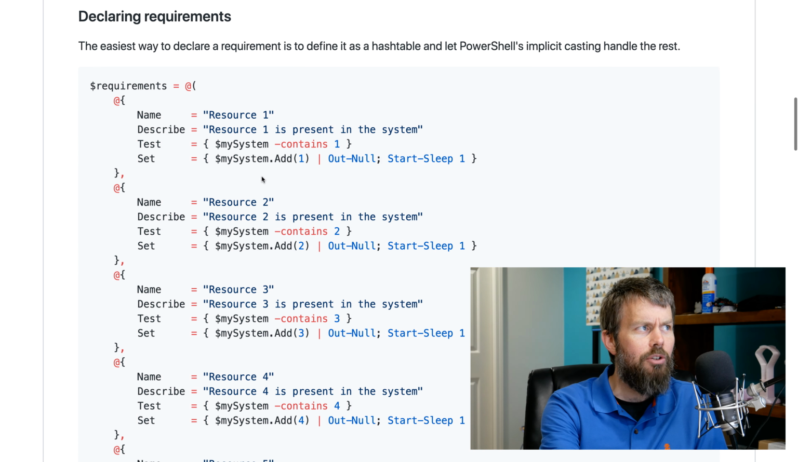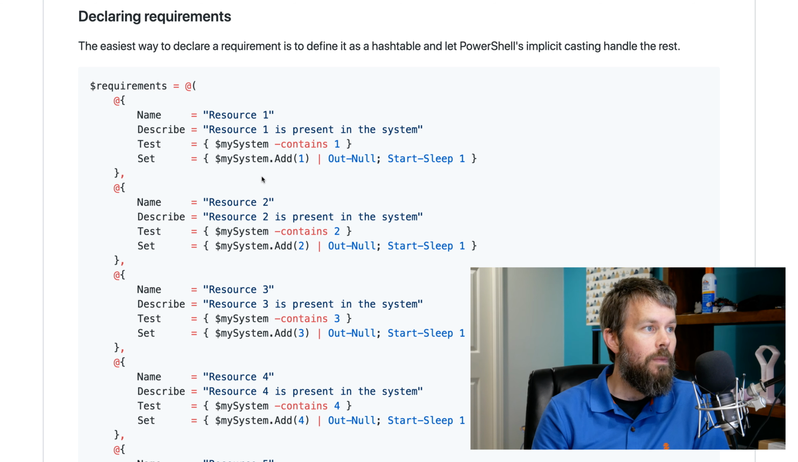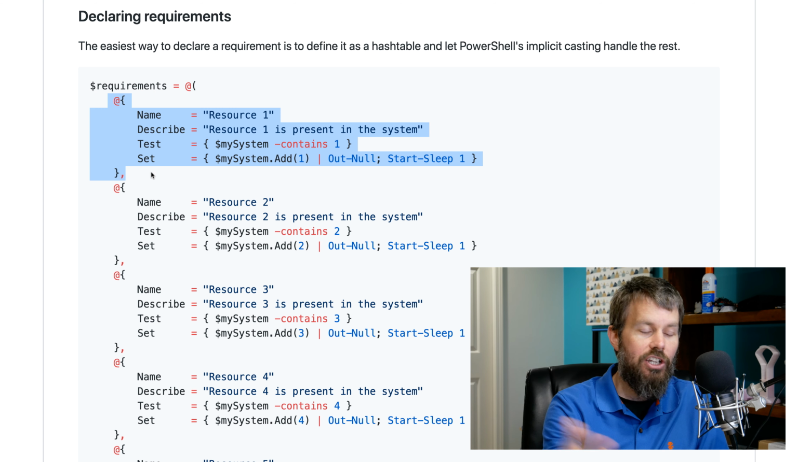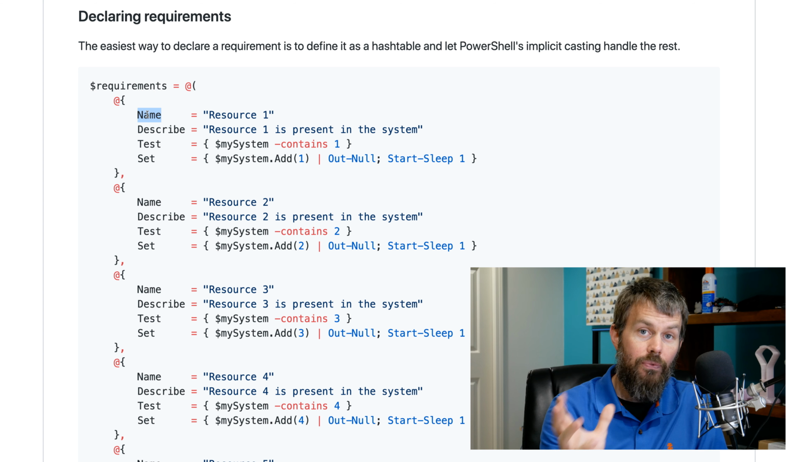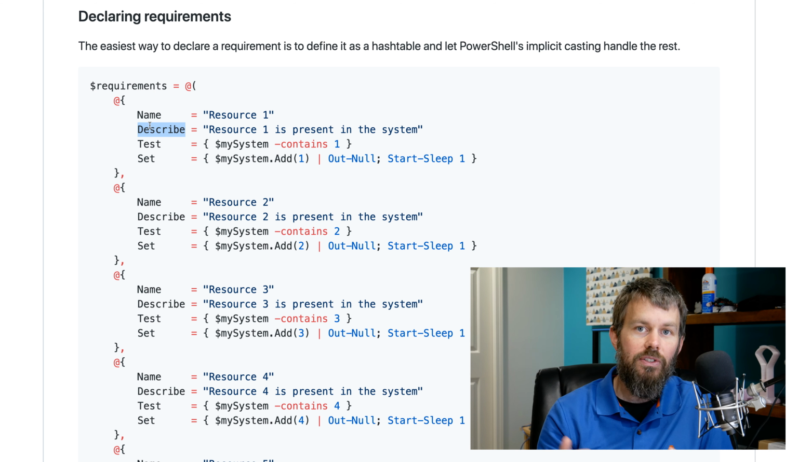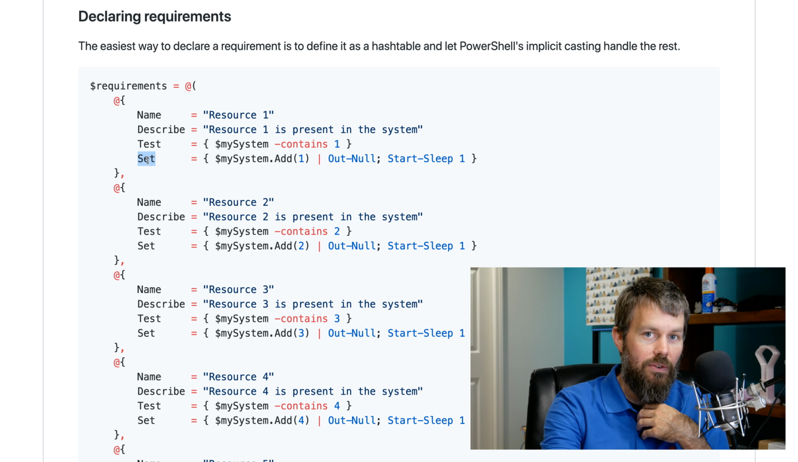Now, if we scroll down here a little bit and look at the documentation in the GitHub README, you'll see that the structure for this module is very, very straightforward. So basically, we create an array of hash tables or dictionaries, key value pairs, and they have a name, which is just some unique identifier for that particular configuration item. There's a describe step, which is kind of like a friendly description field. And then the two key parts of functionality here are going to be the test and set fields in those